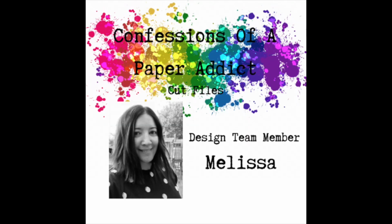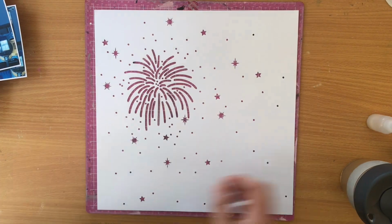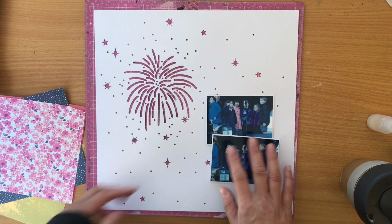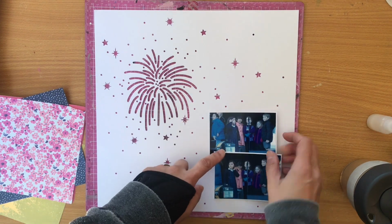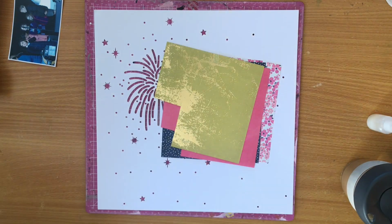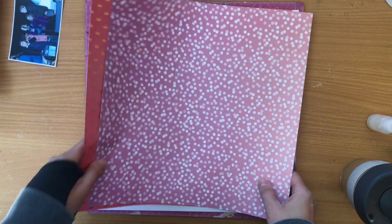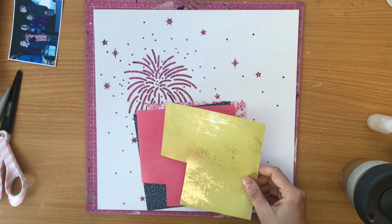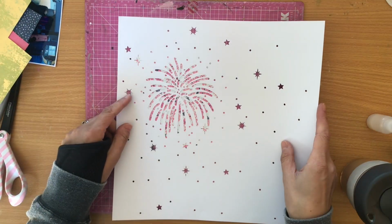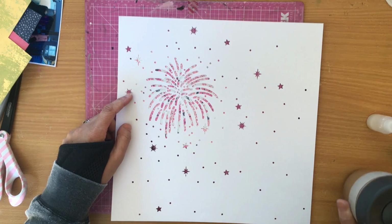So today I have another layout for the Confessions of a Paper Addict Cut Files design team, and I'm using the 4th of July cut file. I've cut it on my Silhouette, and I have these photos of my daughter, which I'll explain soon, and I am also using the Mimosa Sunday collection from Rosie's Studio. And I'm proud because it's a New Zealand company, and it's gorgeous, and I thought it was perfect for